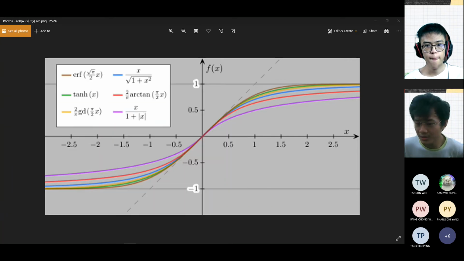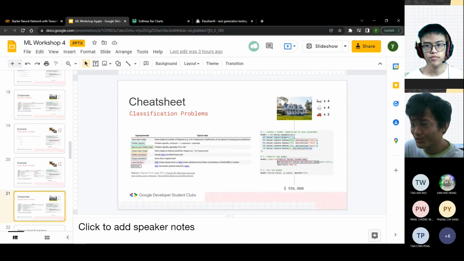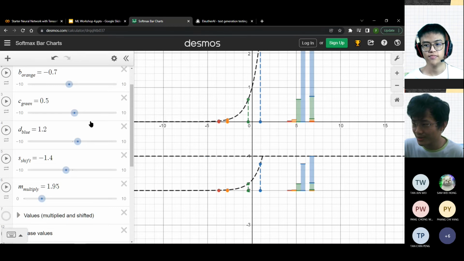And now the question comes, right? Why do we use tanh, which is this green color line? If you can see here, green color line. Why do we use this one instead of other functions? And the reason is actually very interesting, right? The reason is because when you do the loss function for tanh, actually, I think I should show you guys the softmax one. So maybe I can,